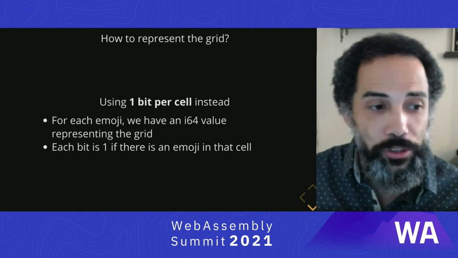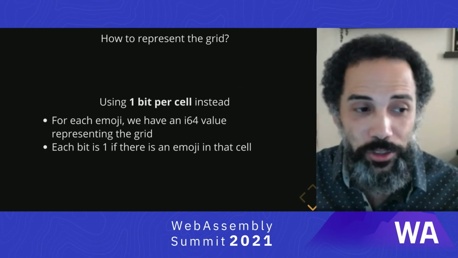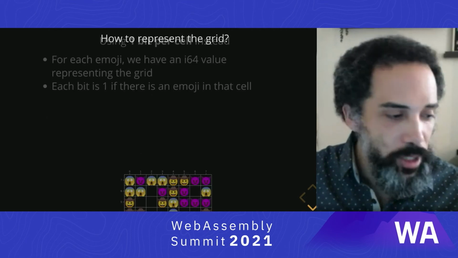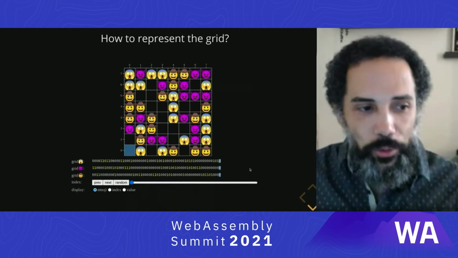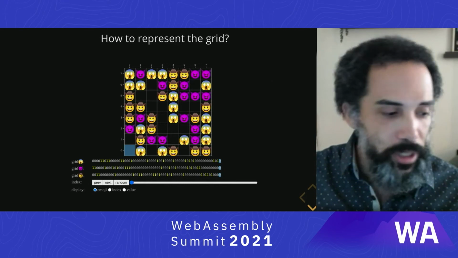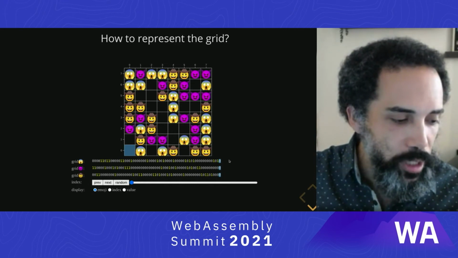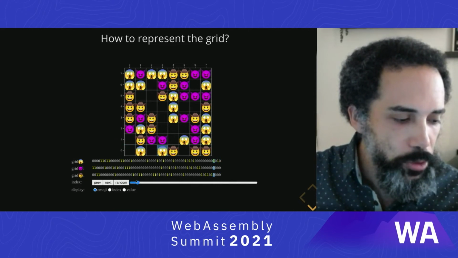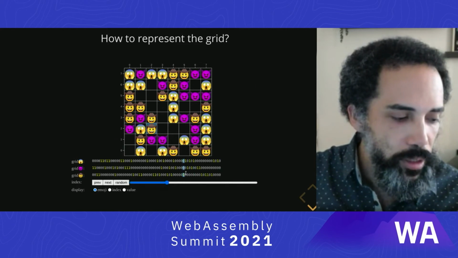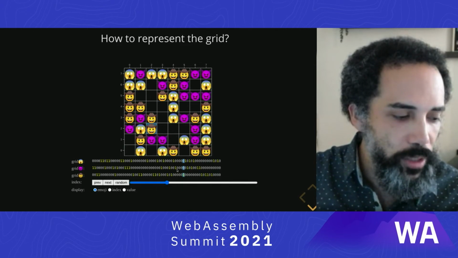But instead, one thing we could do in WebAssembly that's a little bit easier to do than in JavaScript is we can use 1 bit per cell. And so that might look a little bit like this. Because we have a grid of 64 cells, we can actually use a 64-bit number to represent our grid. Again, this is a little bit tricky, but if you look at the blue highlights here and here, this shows you which bit is set for each element. So you can see we have the cowboy face set here, and we see the cowboy face bit here. If it's 0, that means that we're not displaying those faces.